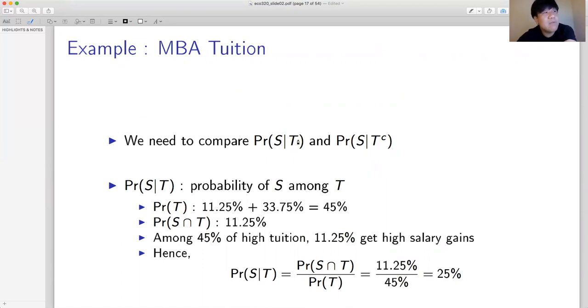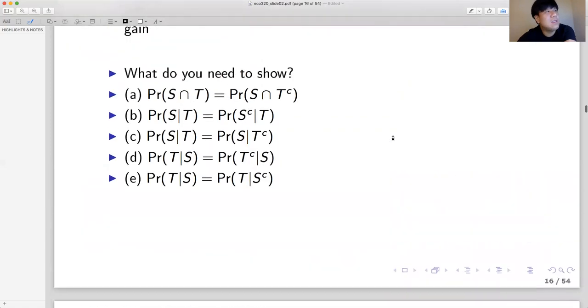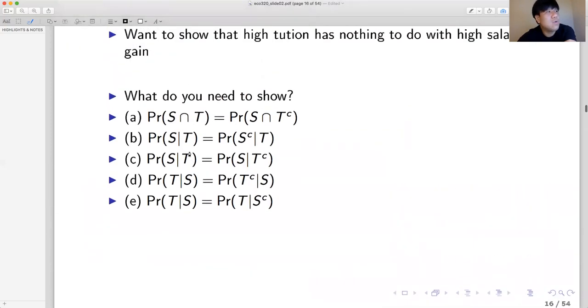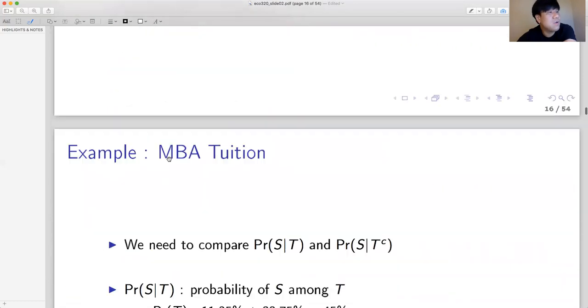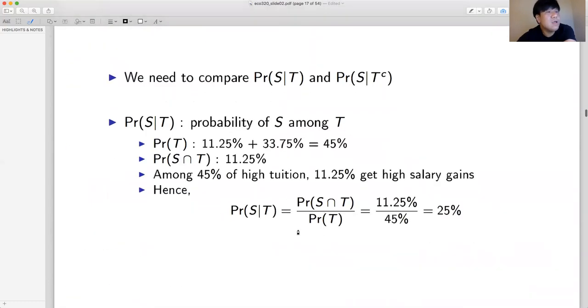For example, if this percentage is higher than this one, that means what? If you are paying higher tuition, you are earning more. But if they are the same, what? Oh, it doesn't matter. Tuition doesn't affect salary. So given you are paying higher tuition or given you are paying lower tuition, your probability of getting this salary is still the same. So that is ideal. Using this formula,